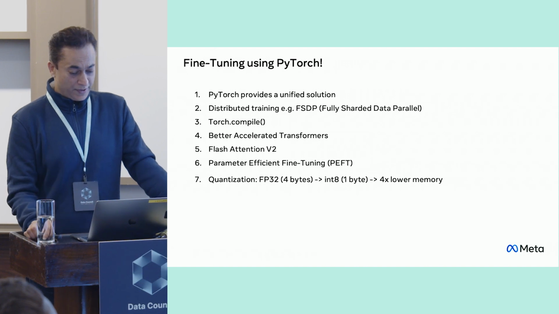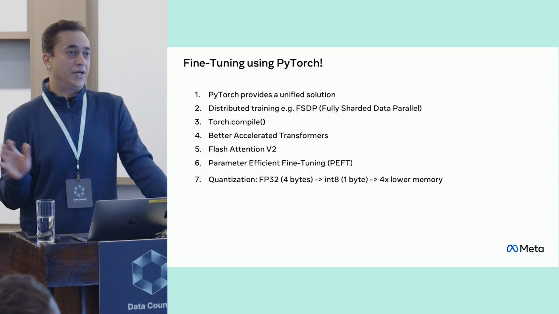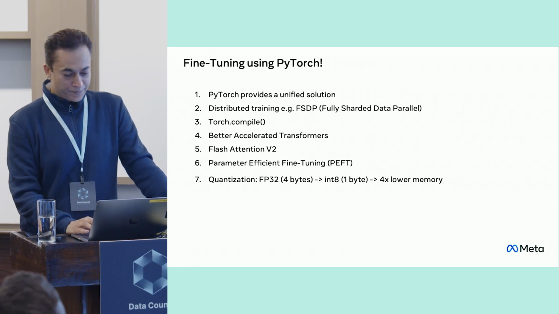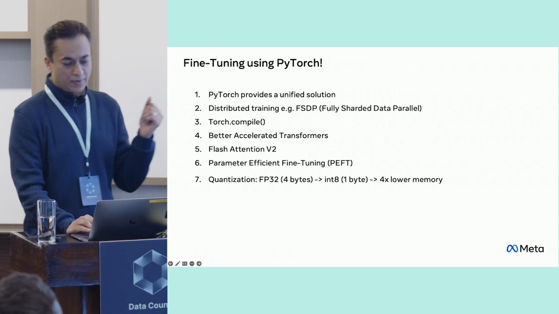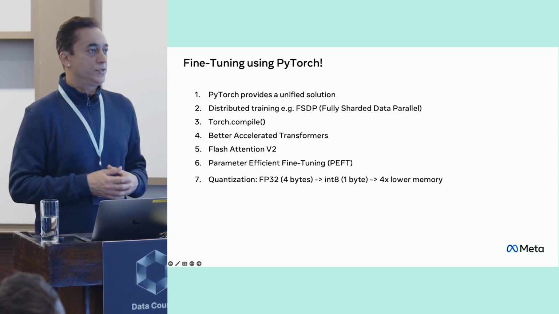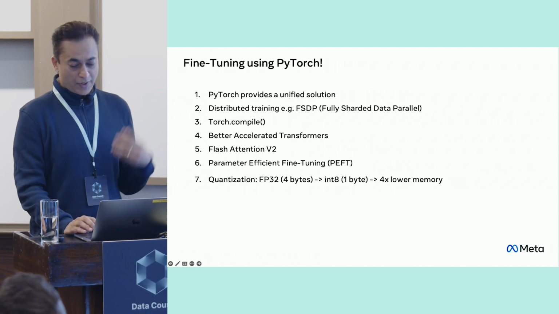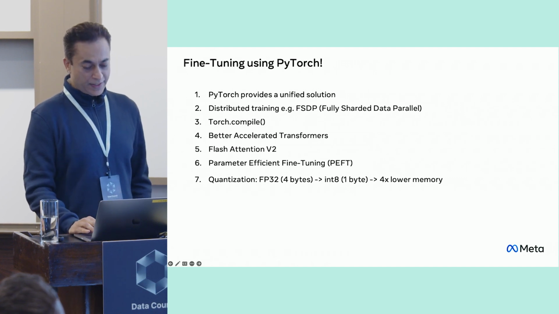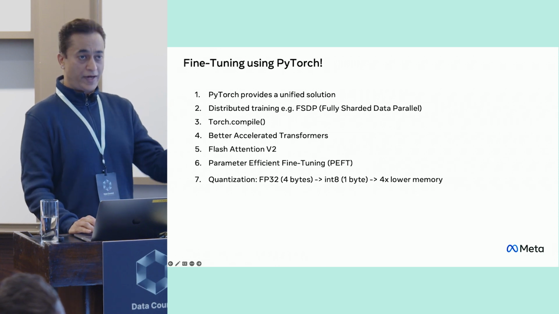So there are a bunch of things here. First is PyTorch offers a unified solution. What that means is it lowers the engineering effort by providing user-friendly, automated, low-config APIs for you to do it. It provides distributed training packages such as FSDP, which we just talked about, which increases cost efficiency, letting users train these models in parallel fashion so you can do more with less compute. It also has libraries like torch.compile, which optimize the code to run faster, both for training and inference purposes. And then there's better accelerated transformers, and these are also at the hardware acceleration layers for inferencing and so forth.